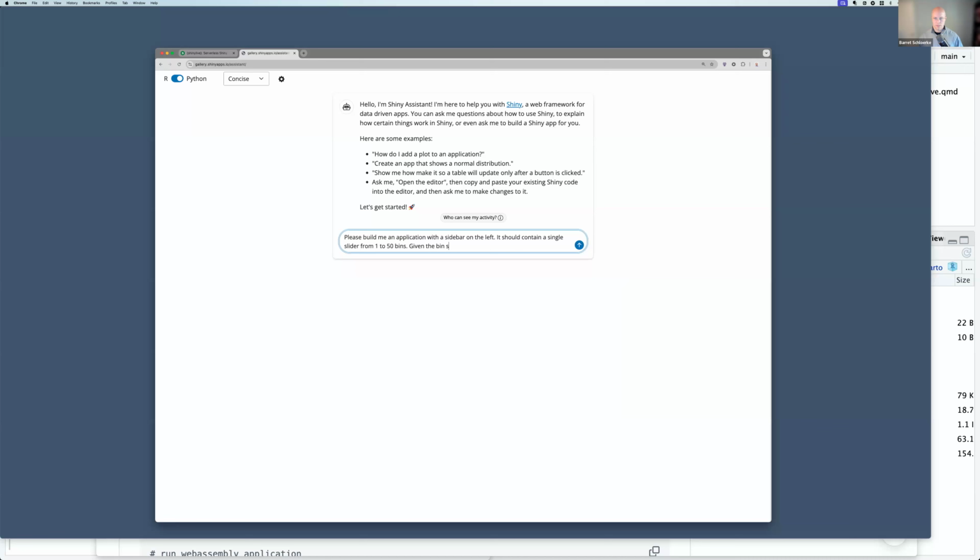Given the bin size, construct a histogram of the geyser data available within R. The title should say shinylive workshop.